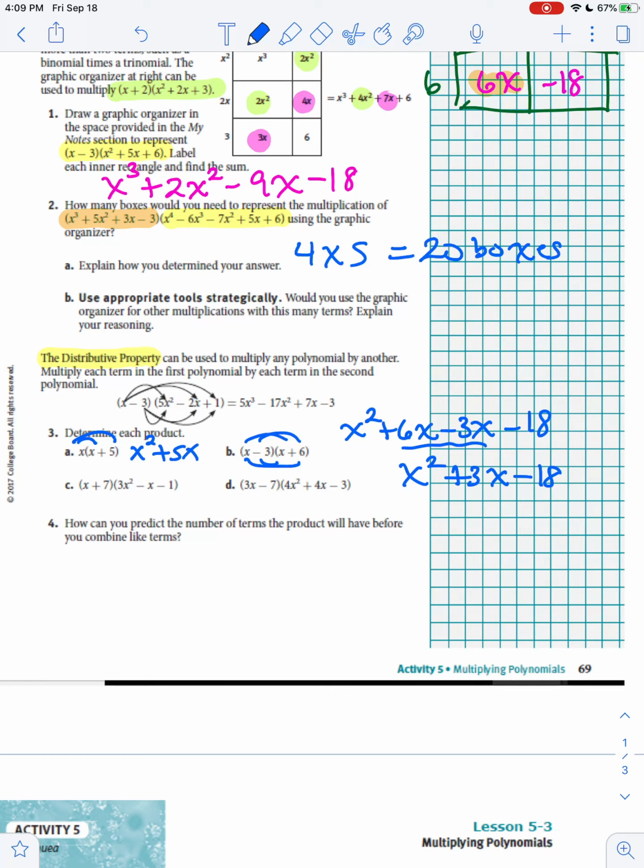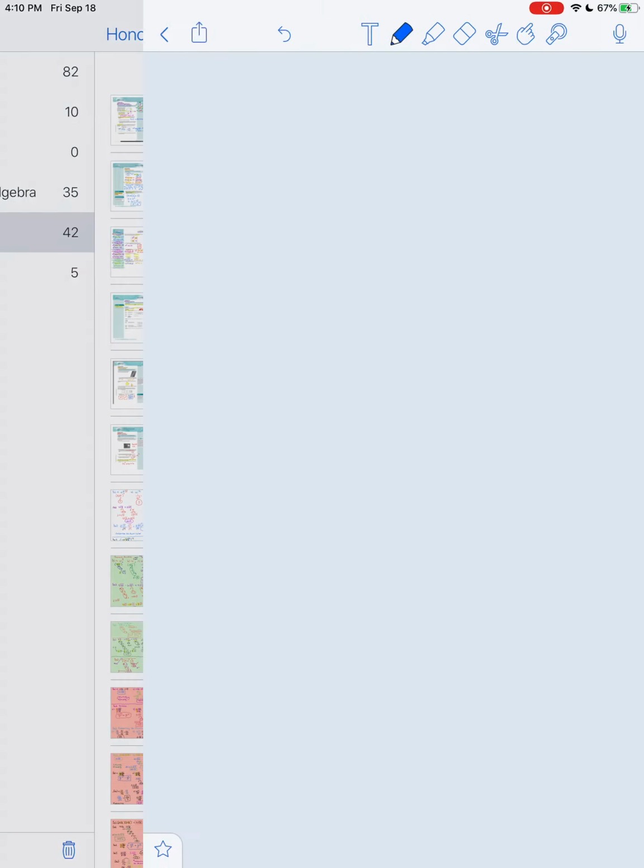So those are both examples of distributive property, even though we kind of call part B more like FOIL. But we are distributing, that's what's happening. So when we get to C and D, I really don't have enough room on here to show you. So I'm going to switch to Notability so that I can make some good notes for you and show your steps. If you want to switch to your own paper at this point, that might be a good idea as well. So if I back out of here and I start a new note,